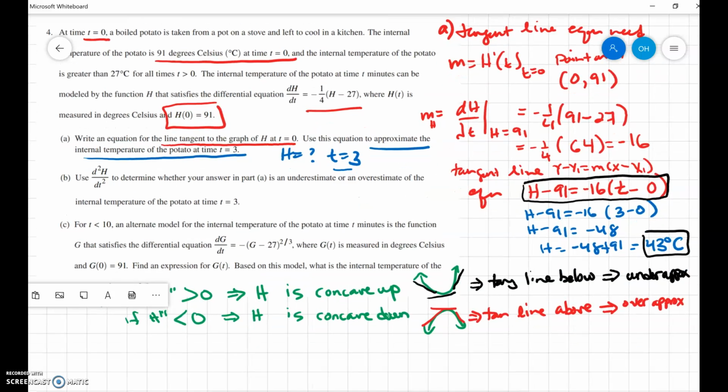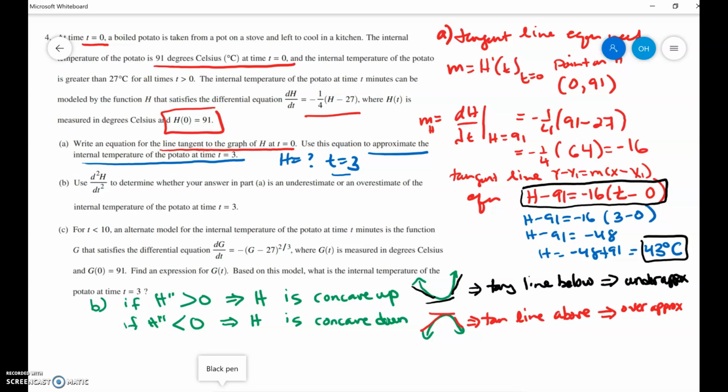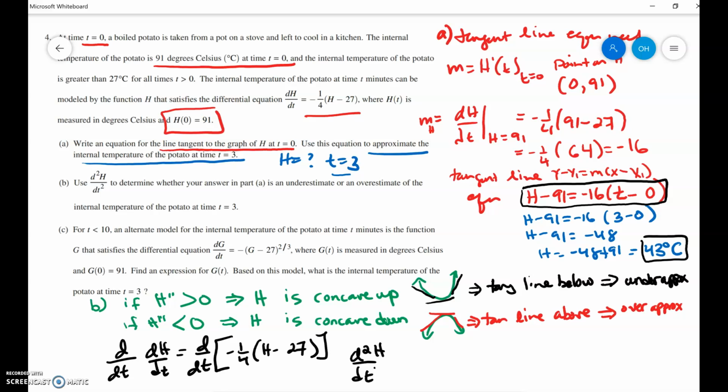Okay, so we're going to have to find the second derivative of this. All right, so I'm going to take the derivative with respect to t of dh dt. Okay, and I'm going to take the derivative of both sides. And what I end up with over here for d squared h over dt squared, I mean, you can write h double prime if it makes you feel more comfortable,